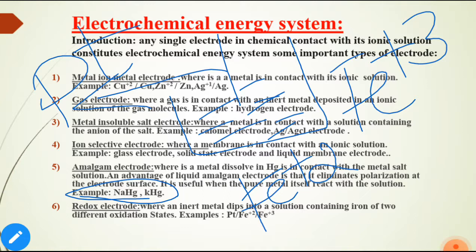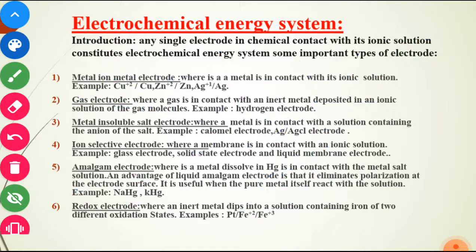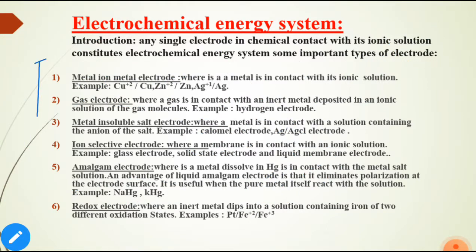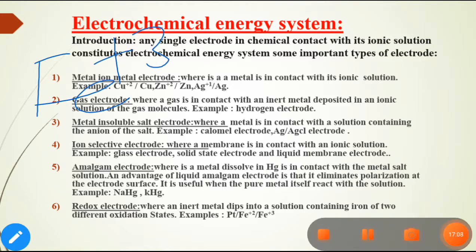You have to take the different oxidation states of the solution, and the platinum metal will be dipped into the solutions of the two different electrodes. Now, what happens at the anode and cathode? First, you have to take the Fe3+ ion